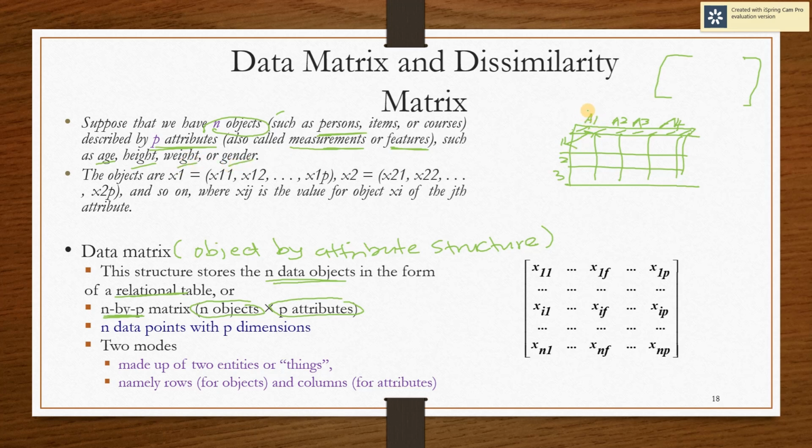A1 would be age, A2 height, A3 weight, and A4 gender. The objects are X1,